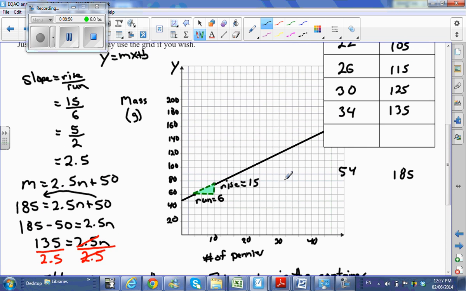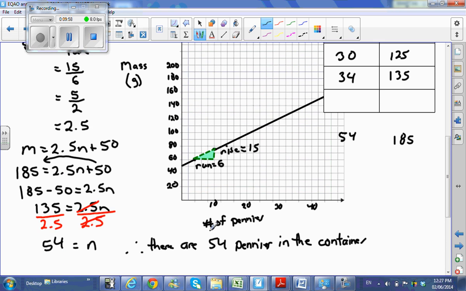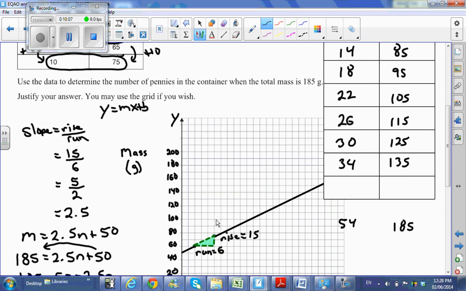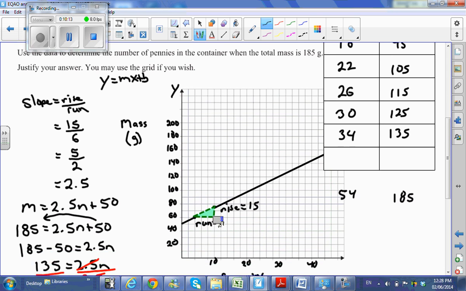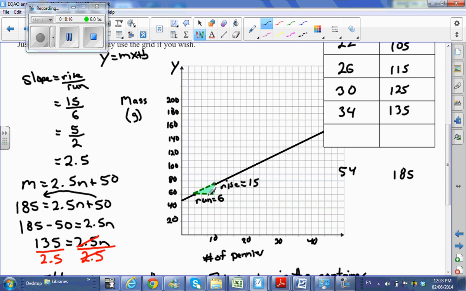Or you could plot it really neat on the graph. You'd actually have to, of course, either extend our grid or choose a different scale, but our scale is getting a little tight there to begin with. Especially when all the numbers that they gave us were so close together, like the Y values were from 60 to 75, so a little bit tight for space on there. It wasn't like you got a point early on and then a later point out here where it would have been easier to graph. There's a lot more error if you plot 2 points together and you're extending a line, extrapolating. Okay,